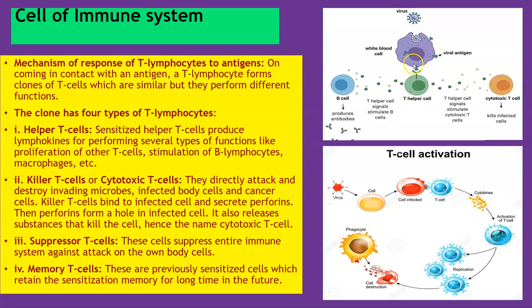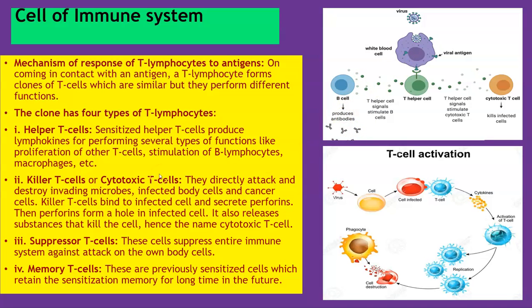Here you can see how the helper T cell on activation is doing its work further. That is, when a virus comes in and the helper T cell recognizes it as foreign, it sends signals to the cytotoxic T cells, and the cytotoxic T cells kills the infected cells. And on the other hand, it also sends signals to stimulate the B cells so that the B cells are activated and they produce antibodies against the invading